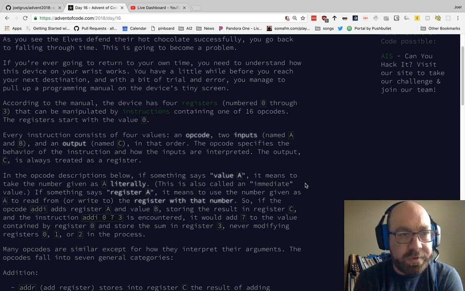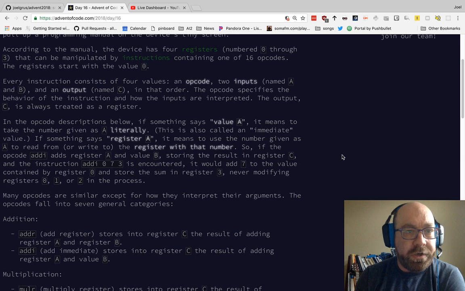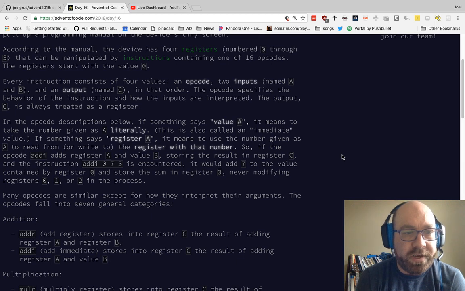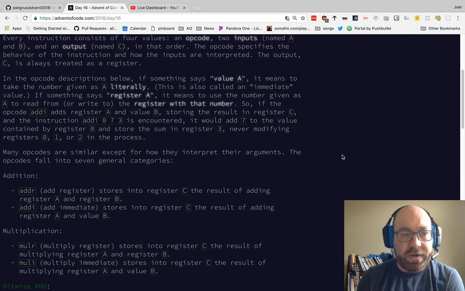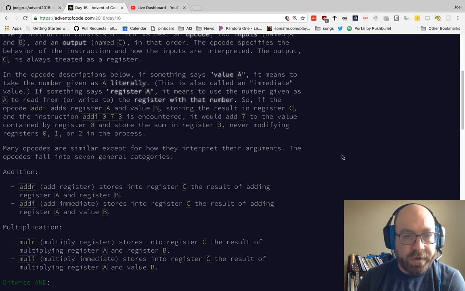So you made a program manual. It says for register, the communicator instructions containing, I feel like this was a question last year too. 1 to 16 opcode, registers start with the value 0. An instruction consists of 4 values: an opcode, 2 inputs, and an output, in that order. The opcode specifies the behavior of the instruction and how the inputs are interpreted. The output C is always treated as a register. If it says value A, it means take the number given as A literally. If something says register A, use the number given as A to read from or write to the register number. So the opcode addi adds register A and value B, storing the result in register C. It would add 7 to the value contained by register 0 and store the sum in register 3, never modifying